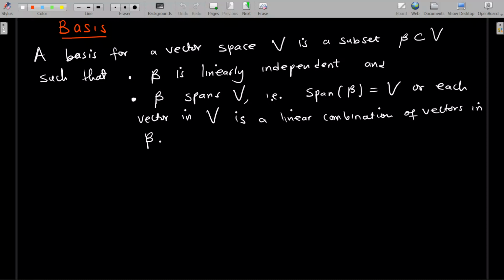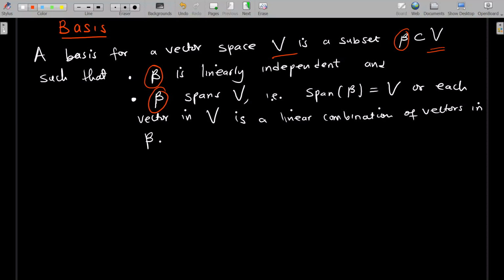And yeah, so the previous videos I've been doing, everything was supposed to prepare you for this actual session, right? So this is basis, and it comes with a lot of definitions. I've gone through all those definitions, what it means to be linearly dependent and linearly independent, right? So a basis for a vector space V, so assuming I have a vector space maybe R2, is a subset B, beta, you can call it beta or something, which belongs to the same vector space, such that one, the set you're talking about, what you call a basis, is actually linearly independent, and two,